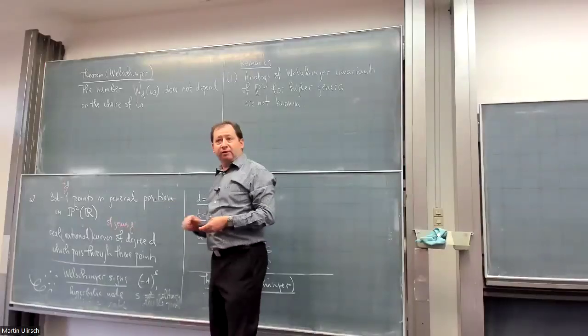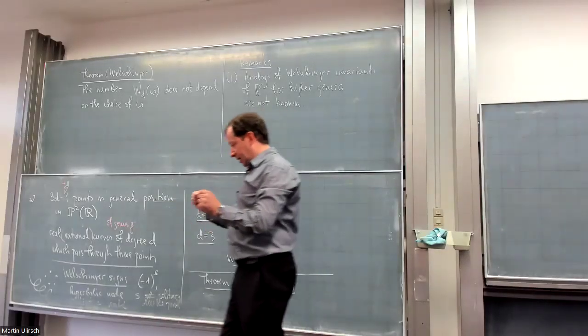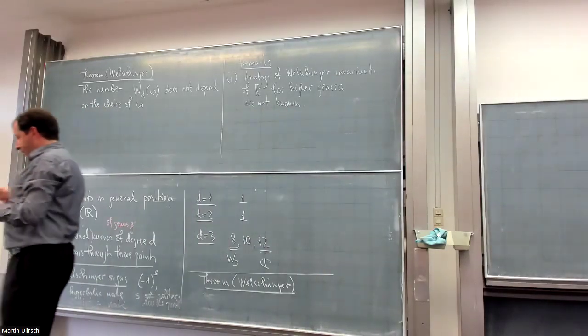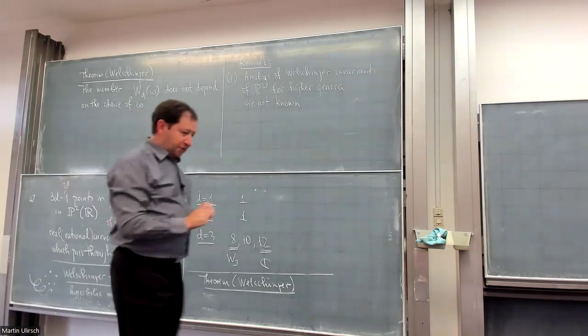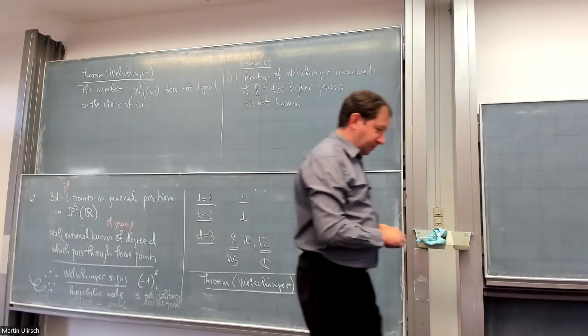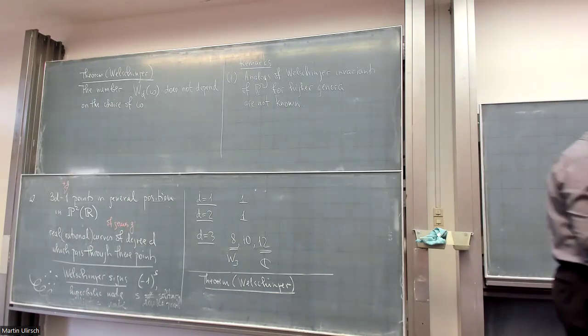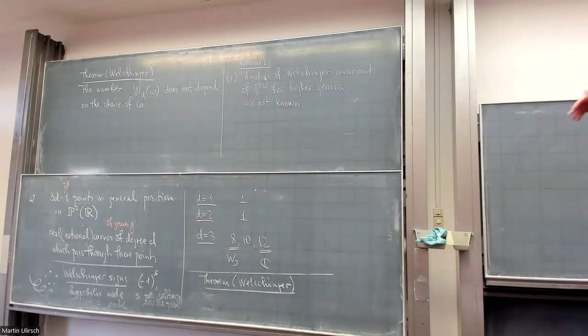One can calculate Welschinger invariants, but surprisingly, one can do something more elaborate. So to express the corresponding Gromov-Witten invariants or the Welschinger invariants in the tropical world, once again